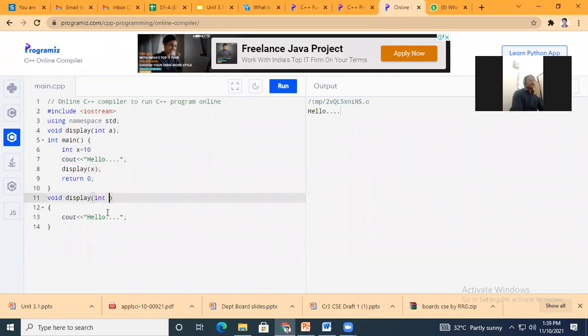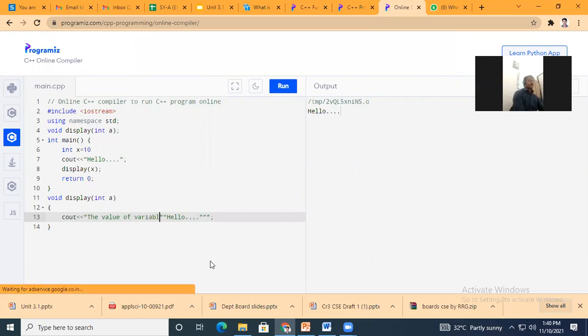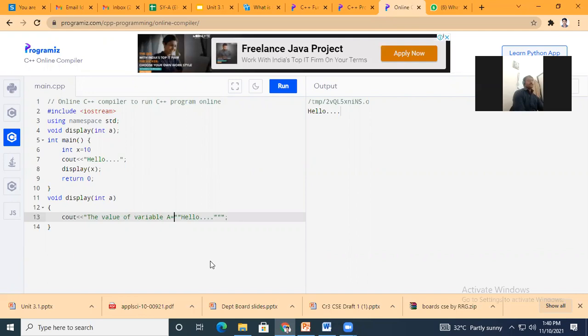Here I am passing one variable again, let's say a, and here I will write value of variable a is equal to, and here I will write it is a.